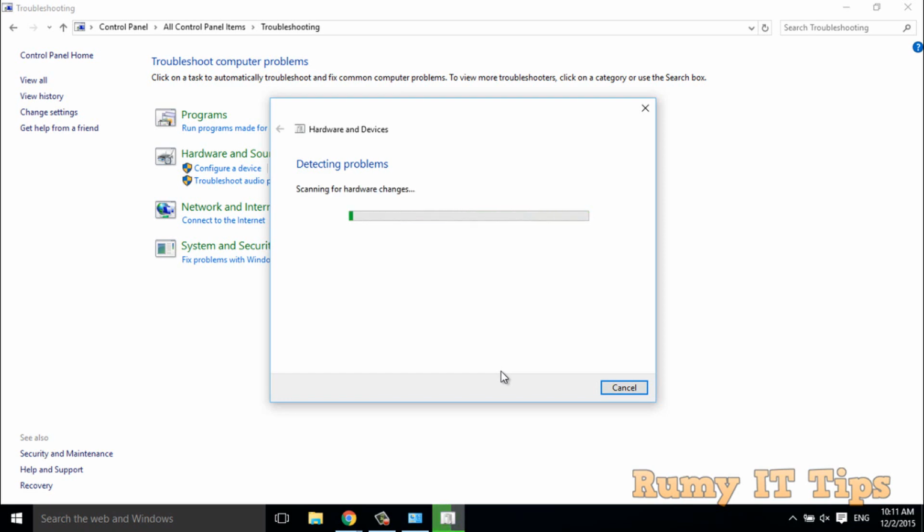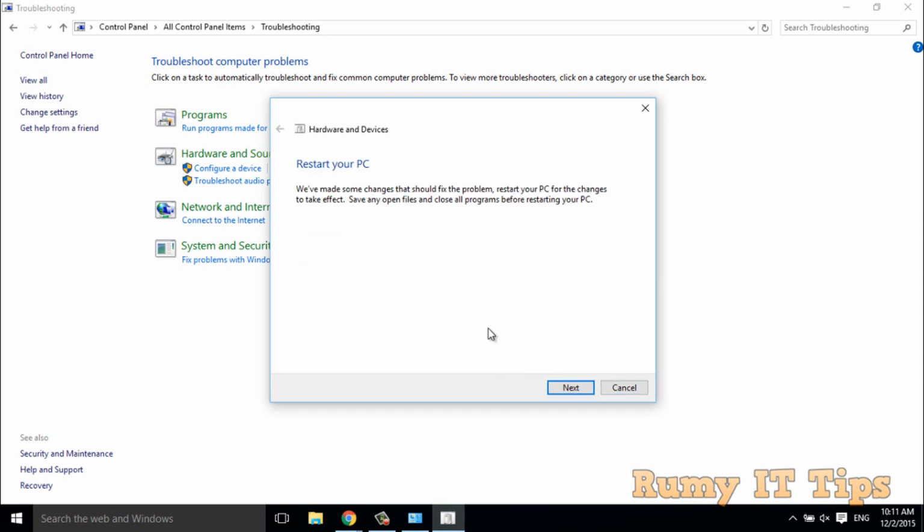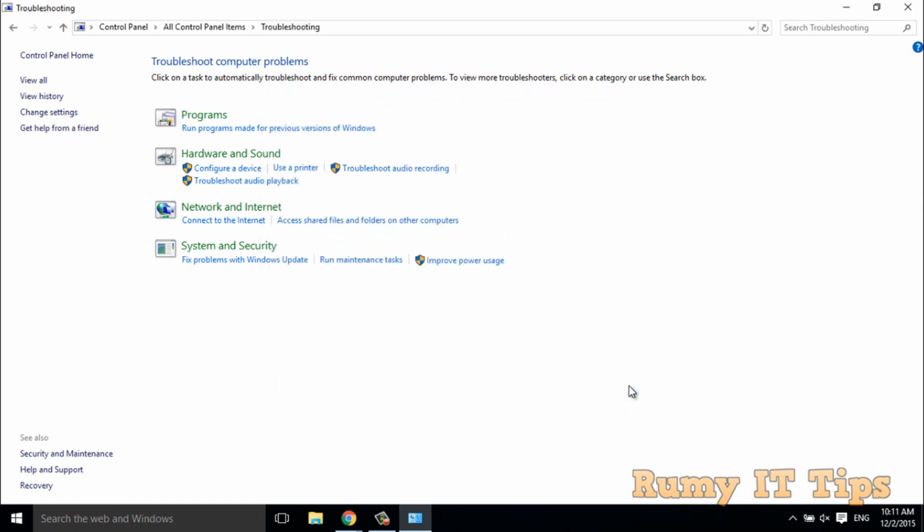Apart from that, you should also update your drivers. Plug in your USB card into your PC, or update with Windows Update. As you see here, I have applied my fix. To fix your PC, just restart it, so Windows will try to fix your problem for any hardware changes.